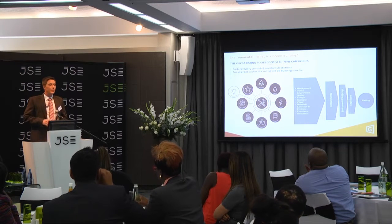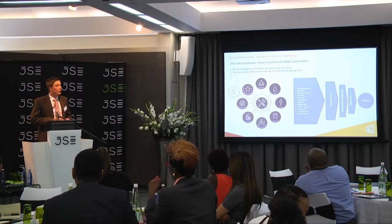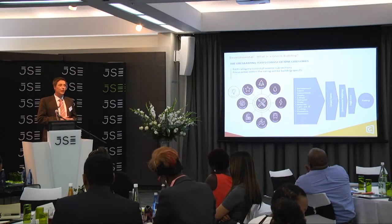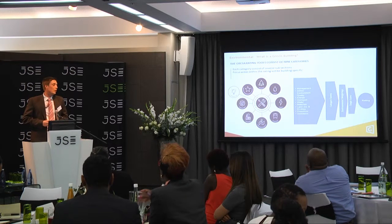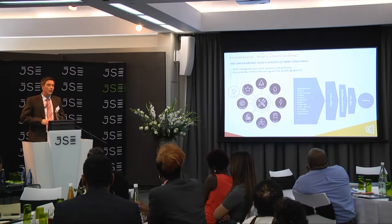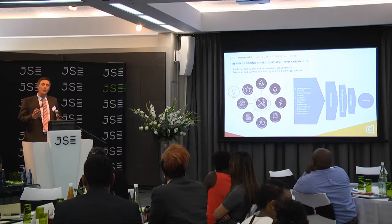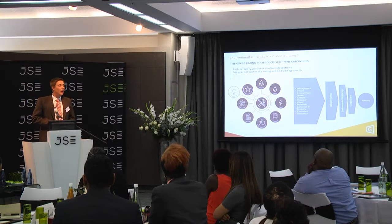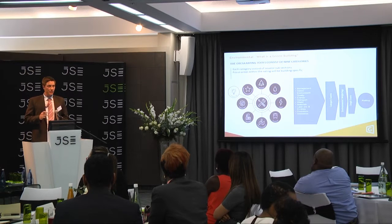There are 9 different categories that you go through, so it's not just electricity and water. You go through how the building is managed, the indoor environmental quality, what the materials used are, what the water consumption is, what the electricity consumption is, how close this building is situated to public transport, then also land use and ecology, and the last one is innovation, how much innovation is in this building. So it takes a whole suite of things, and then it actually comes up with a specific rating,